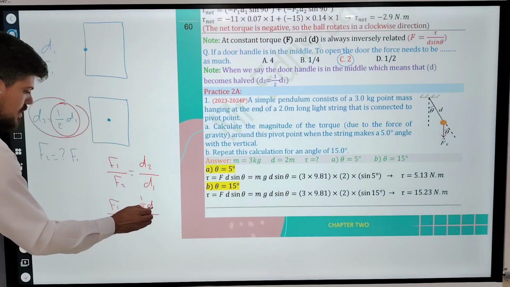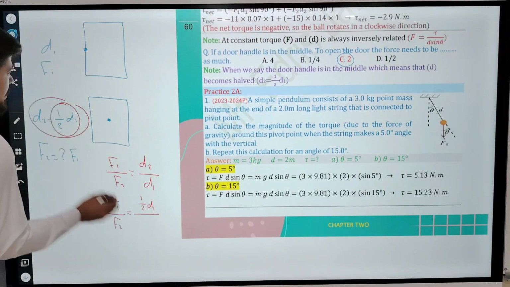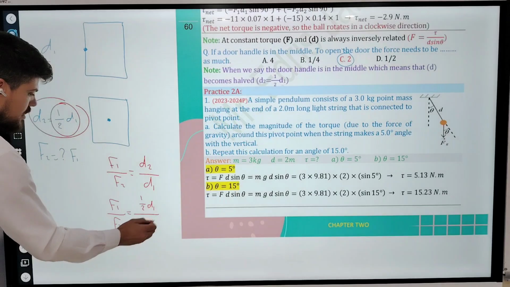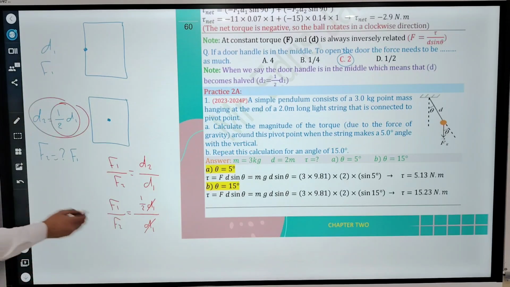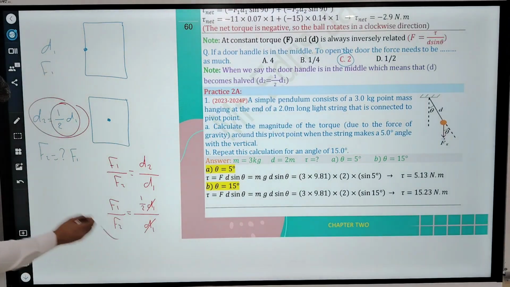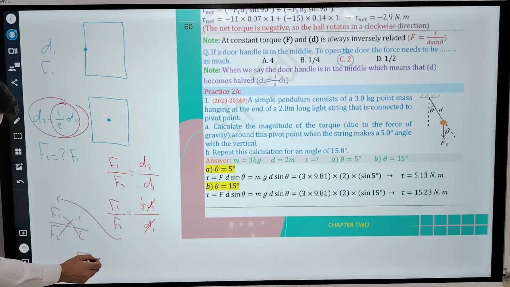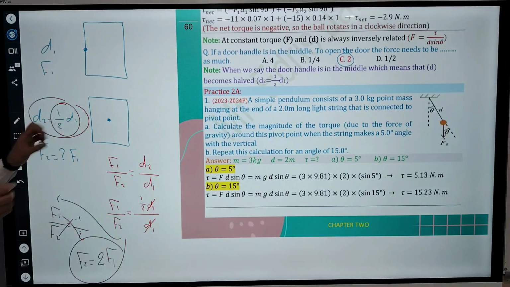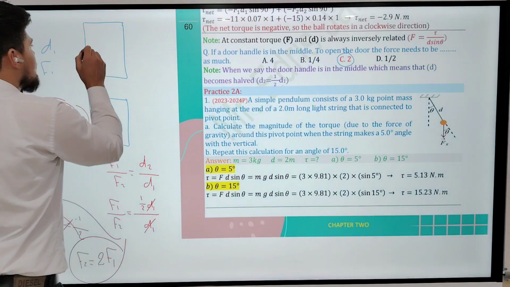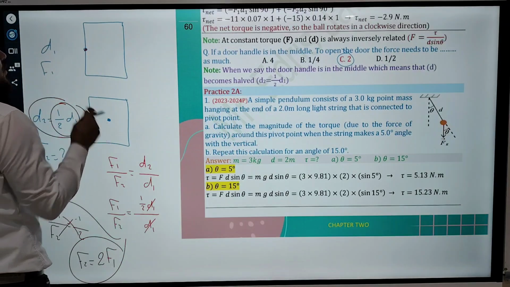1 over 2 what? D1. Divided by what? Divided by D1. D1 with D1 cancel. What does remain? F1 over F2 is equal to what? 1 over 2. Cross multiplication. 1 times F2 is F2, and 2 times F1 is 2F1. So, what happened if we decrease the distance of the handle of the door, and if we change the handle into the middle of the door,